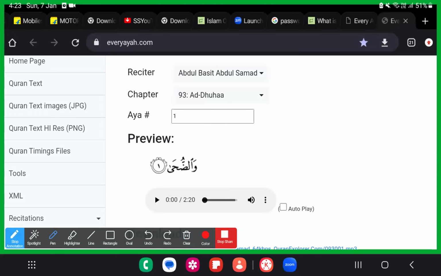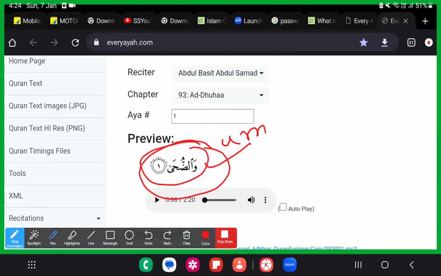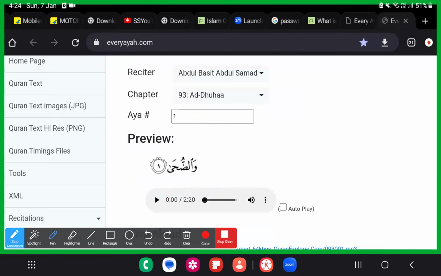Or else there is one more technique, if you want better fonts, not this font. If you do not want this font and you want a different font, this is probably the Usmani font that we have. It's not the Usmani font, it's probably the Madani font that we have here, because the harakas are below the tashdeed or above the tashdeed, and this is difficult to differentiate probably. I do not know. Just see here, it is wadduha.